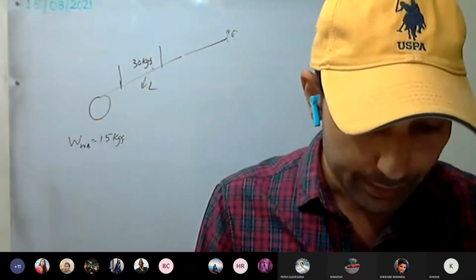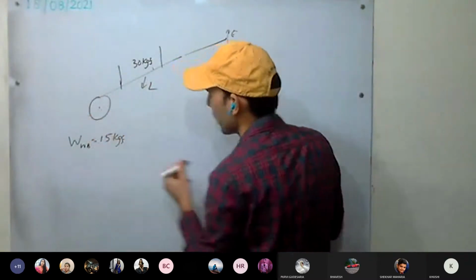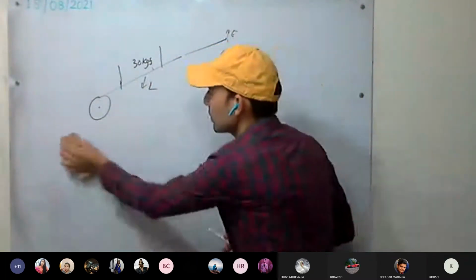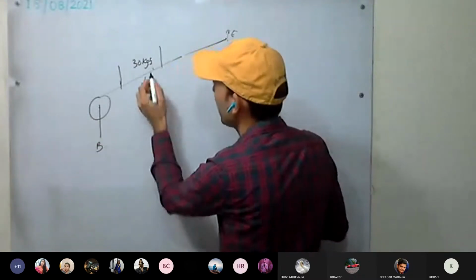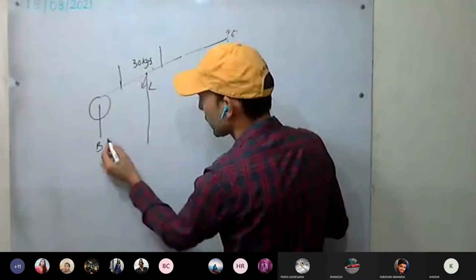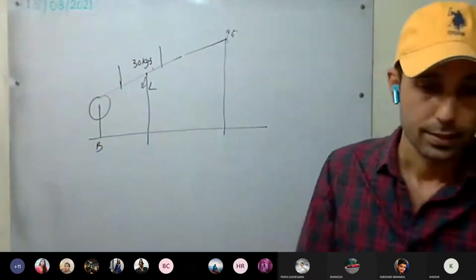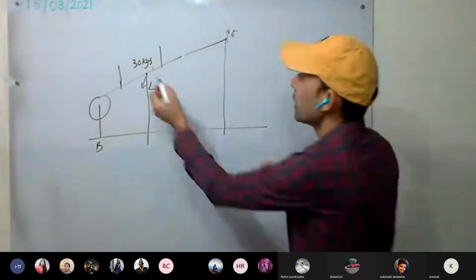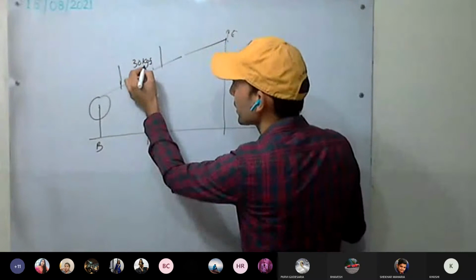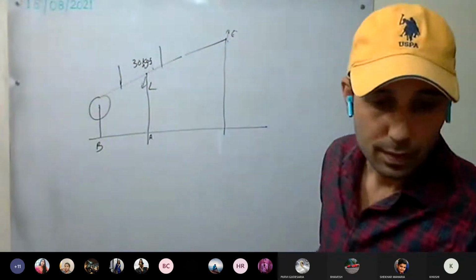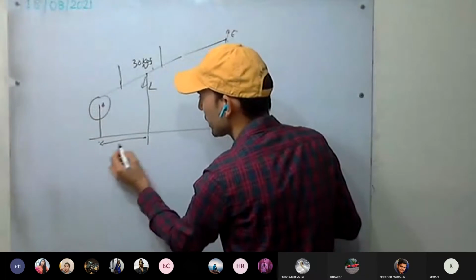The points B and C are the center of the wheel. B is the center of the wheel, and here is the load. And here we are applying the effort. The center of mass of the wheelbarrow we have taken at A. Here A we have taken somewhere. It is 20 centimeters. Here we have B, and it is 20 centimeters.